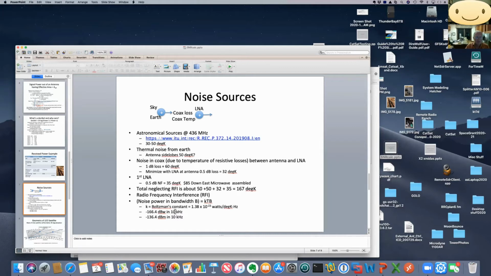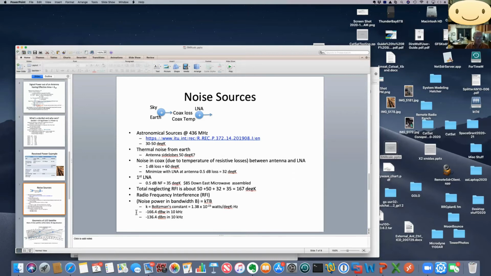If I wanted to have a 10 megahertz bandwidth, the ratio of 10 kilohertz to 10 megahertz is a factor of 10 to the third, and I would have 30 decibels more noise, because the bandwidth would be a factor of 1,000 higher. And then, of course, quite often people like to speak in dBm, decibels relative to a milliwatt. To convert from watts to milliwatts is a factor of 1,000, and it's fewer dB below a milliwatt than it is a watt. So that's exactly the same power expressed in